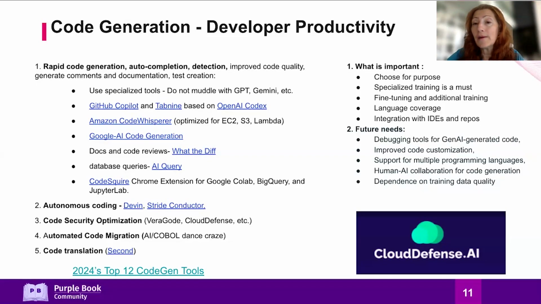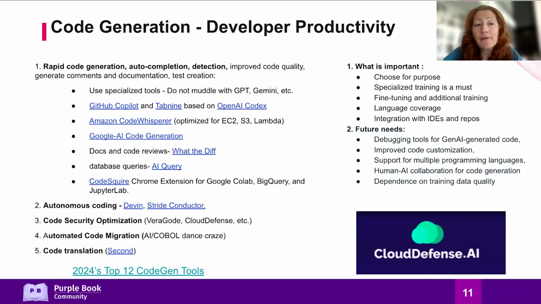Now, what choose for purpose means is points 2, 3, 4, and 5 here on the left side. Are you looking for somebody to assist you, or are you looking for fully autonomous code, for somebody to take your tickets, read your Jira ticket, and go and do certain tasks? Or you're maybe looking for code security optimization, like Veracode has: the developers are typing code, and then the system can go and fix things. So basically it tells you, hey, this is wrong. By the way, Cloud Defense has similar functionality. Very, very cool. Very, very nice.